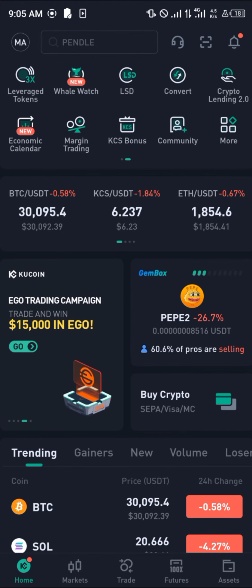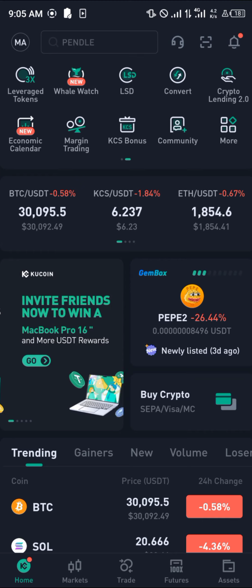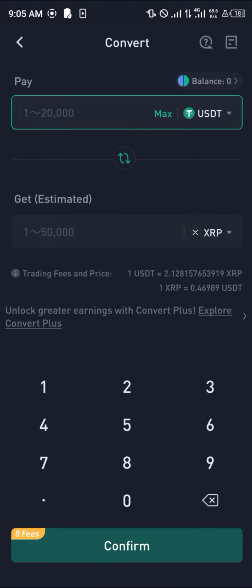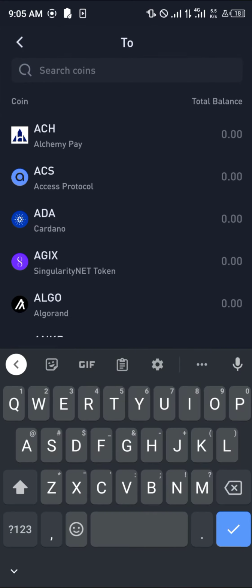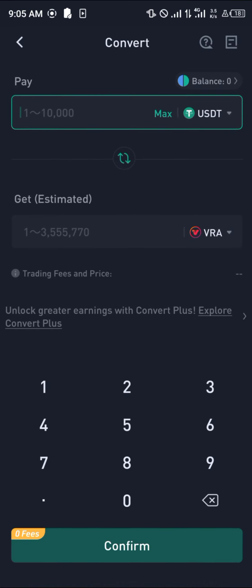Now, once you've logged on to KuCoin, your next step is to deposit any cryptocurrency asset you currently own. Let's say you've got Ethereum or USDT on the Metamask. You simply send them here, that's you deposit them here, and then simply swap. So we're going to be swapping out the XRP for some of the VRA. So Veracity and USDT, let's go with $7 worth of USDT,